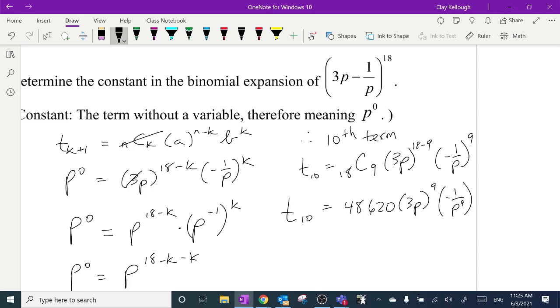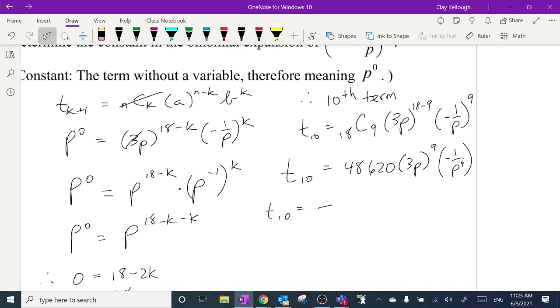Right? A negative base will still be negative when you take it to an odd power, so that negative's still going to be there. Why don't I make my life easier and just move that negative to the front of the entire number? And then I'm going to again use my calculator and take 48,620 times 3 to the power of 9. Here, I'll show you the calculation. It's 48,620 times 3 to the power of 9, which is another 19,683. And of course, p to the 9 divided by p to the 9